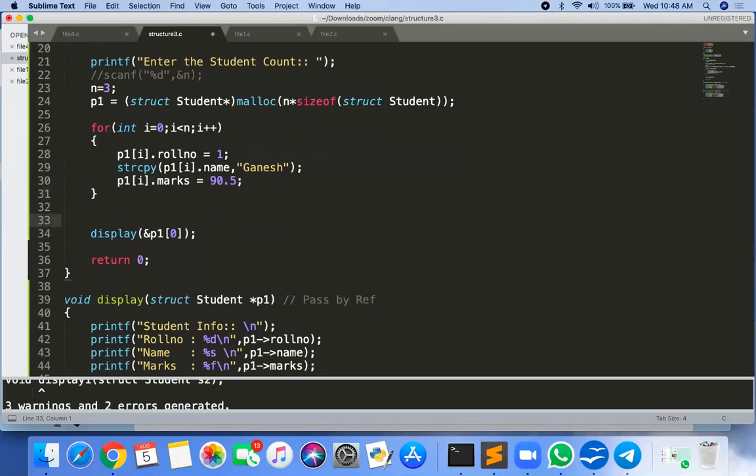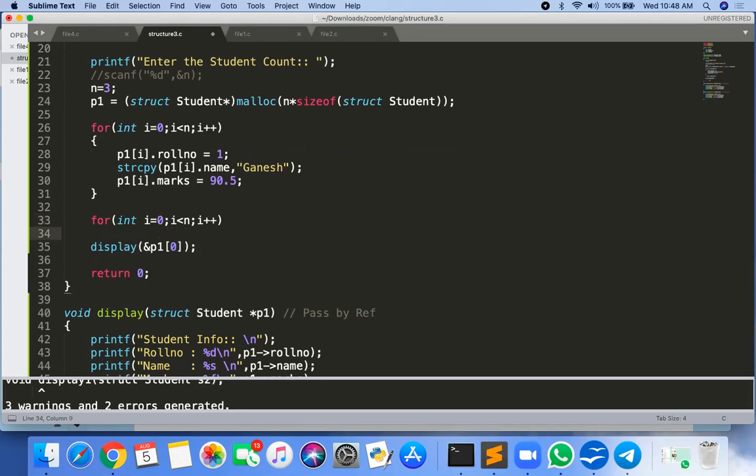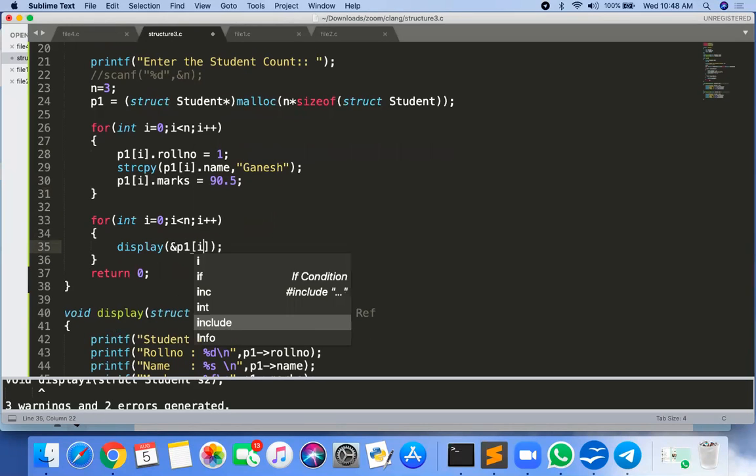And again the for loop for the display function, which should use p1 of I.